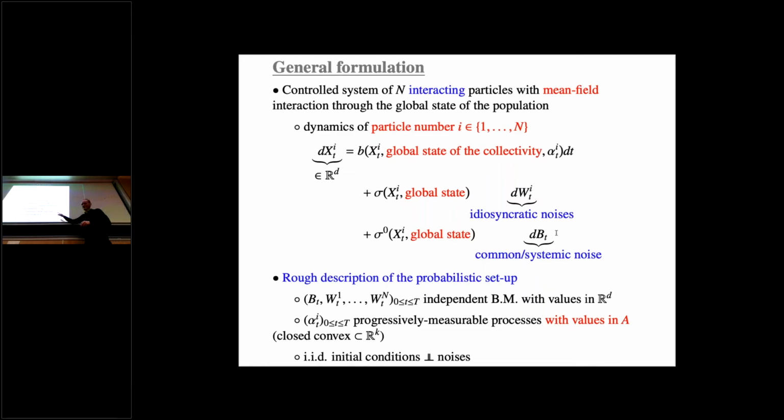They take values in a given set A. I'm going to take A as being the Euclidean space most of the time. And you can think, as a very, very simple model, B of alpha as being alpha itself. So you control the velocity directly. So this will be one model that I'm going to use from time to time next. As for the initial conditions, they might be deterministic, they might be random. If they are random, you can complexify, but something that is very, very simple is to assume that the initial conditions are IID. Very simple. Okay, so you have a law of large numbers on the law of these original initial conditions.